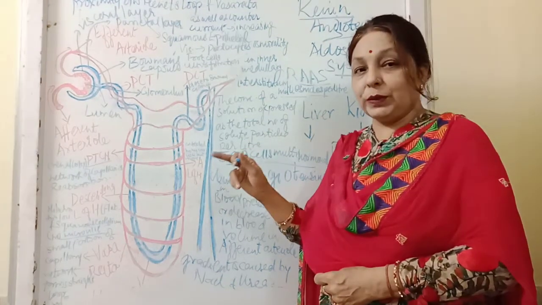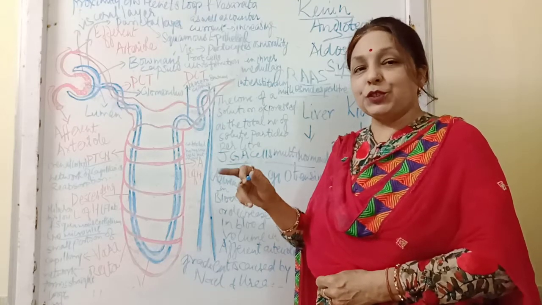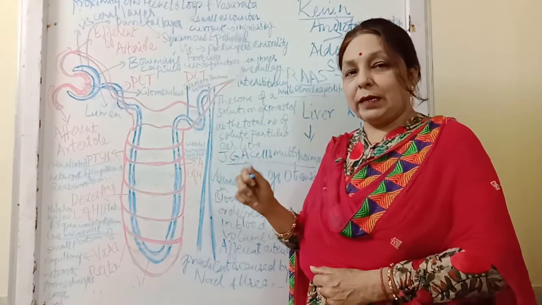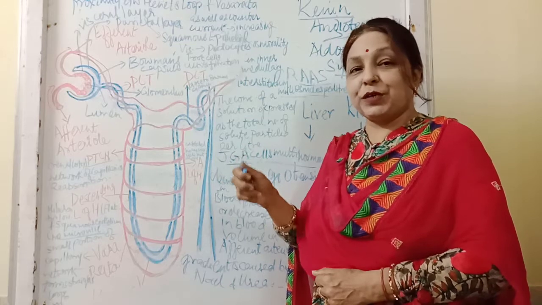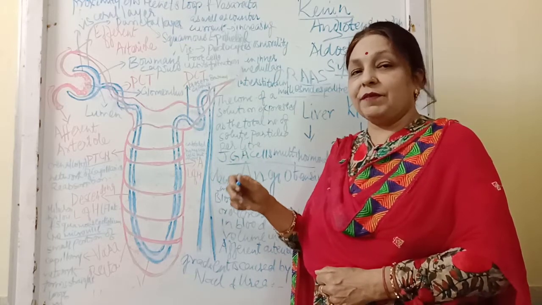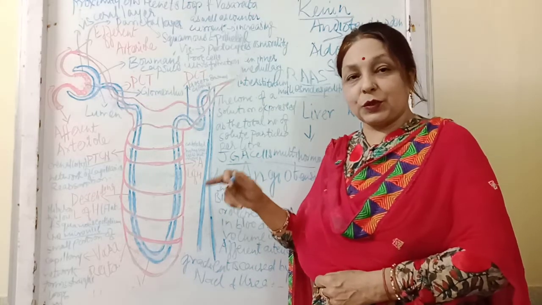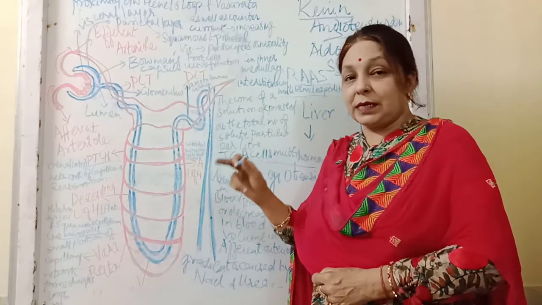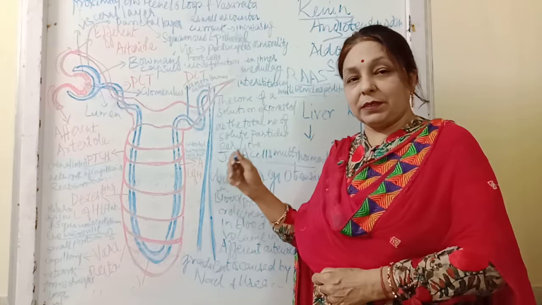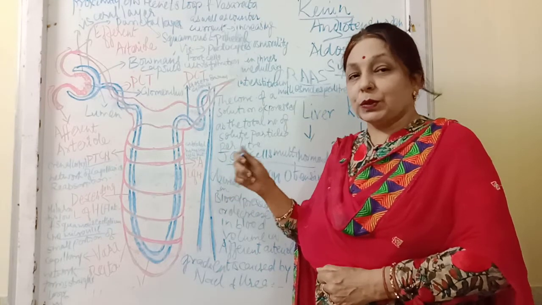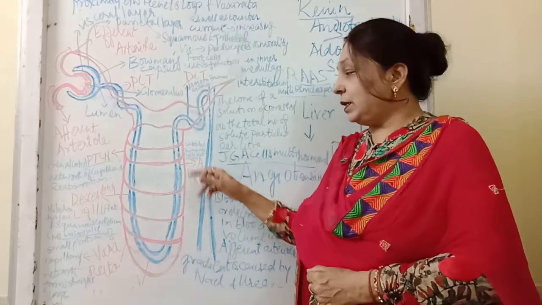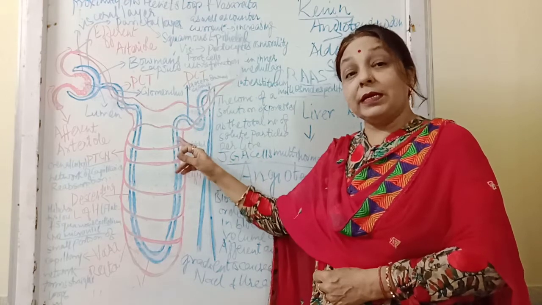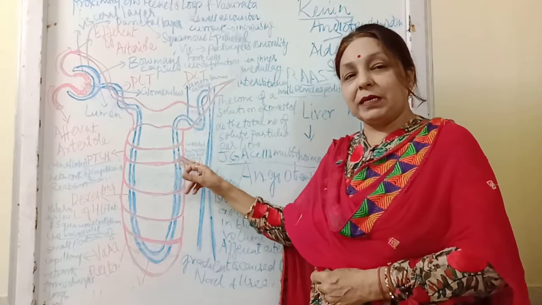And another one I told you, that is the ADH hormone. ADH is released by the hypothalamus, and the hypothalamus triggers the posterior pituitary. So when our body is running with a shortage of water, this ADH or antidiuretic hormone, also termed vasopressin, is released by the osmoreceptor cells via the posterior pituitary gland. At that moment it increases the permeability in the PCT and DCT. So more and more water is reabsorbed, and the urine becomes concentrated.